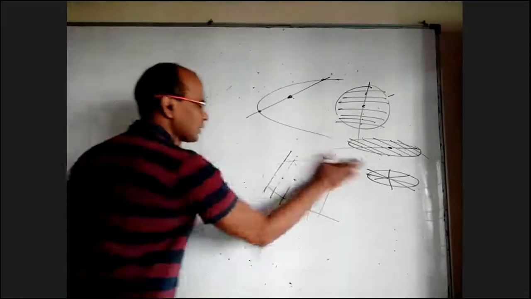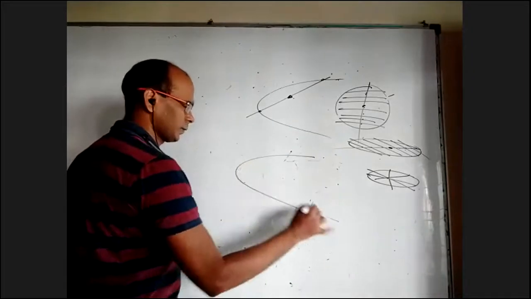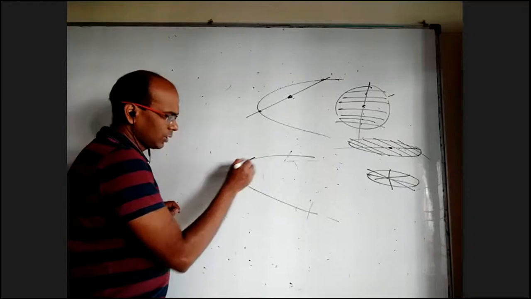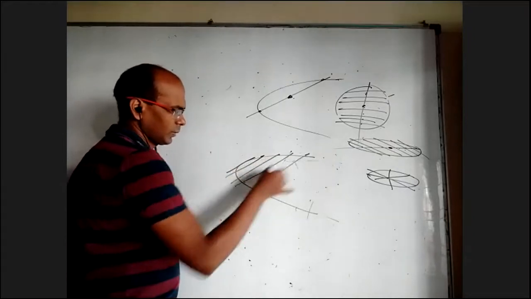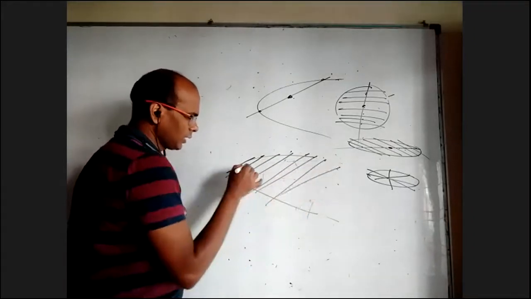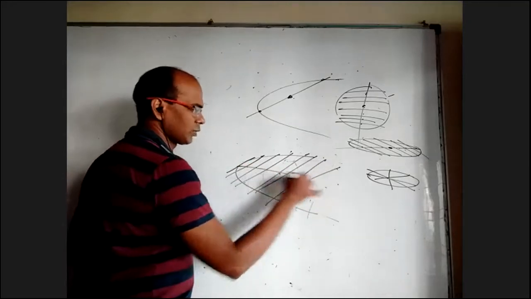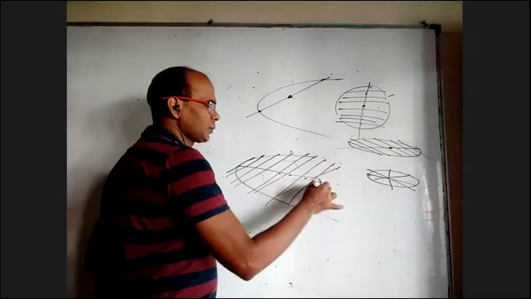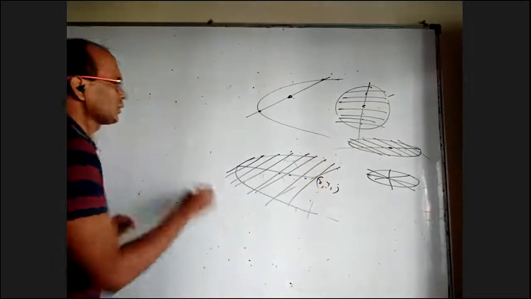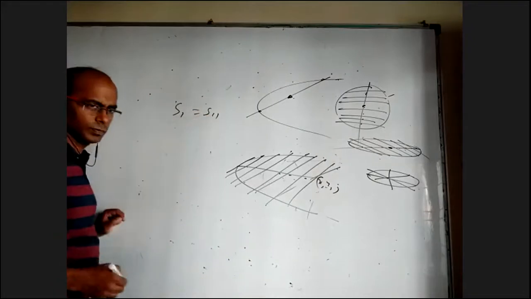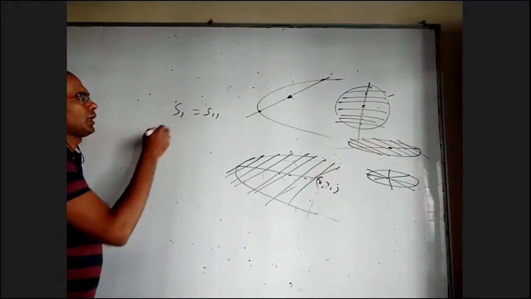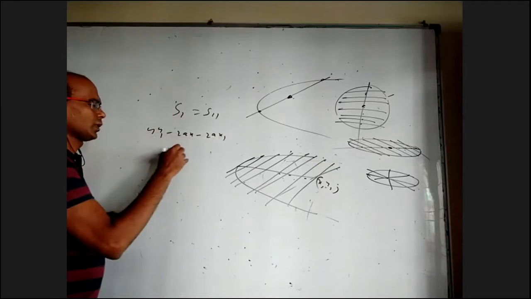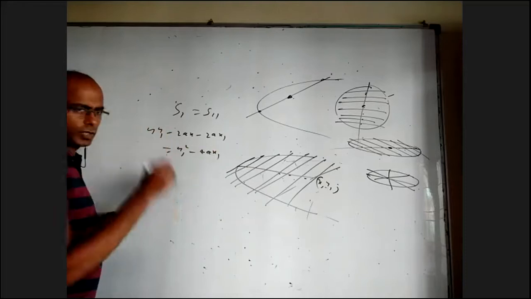Okay. If somebody says, why in a parabola did I define it like this? You take a parabola, draw parallel lines. Take all their midpoints and you join, you'll get a horizontal line. Why? Not from the figure. You take the midpoint as (x1, y1). What is the equation of the chord? S1 = S11, right? And that is yy1 - 2ax - 2ax1 = y1² - 4ax1.